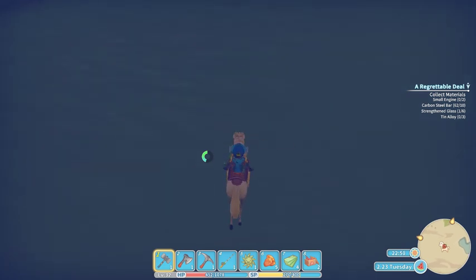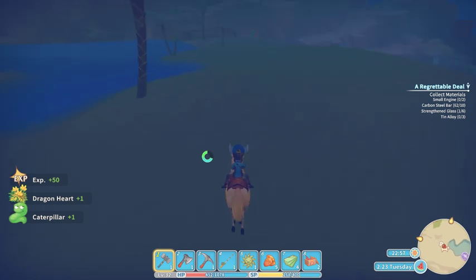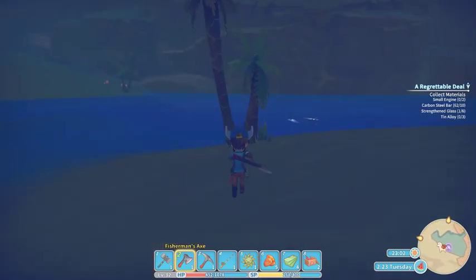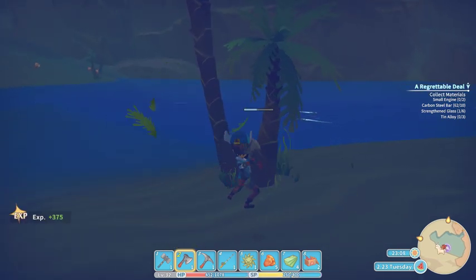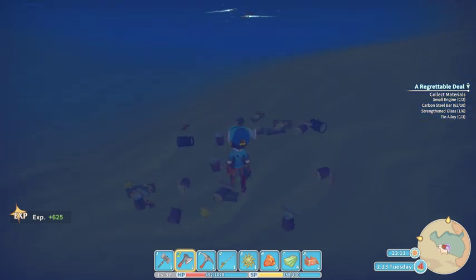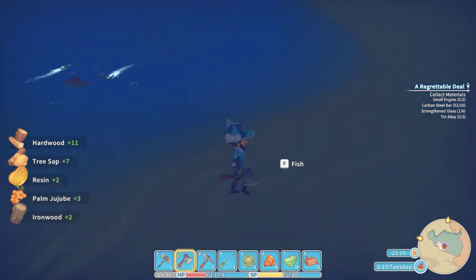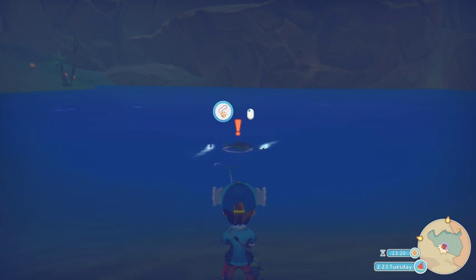It's a flower. Dragon hearts. Very cool. I wonder what wood we get from chopping palm trees by the oasis. So some palm jujubes, some hardwood, some ironwood, some...